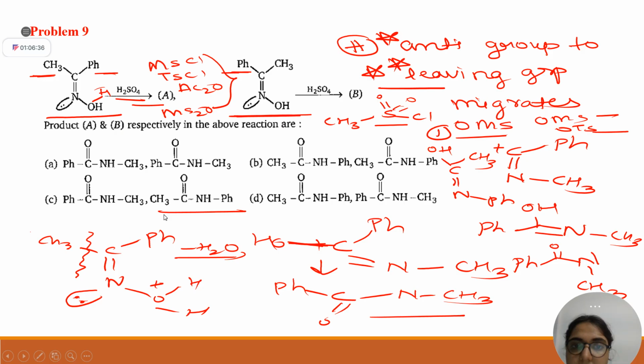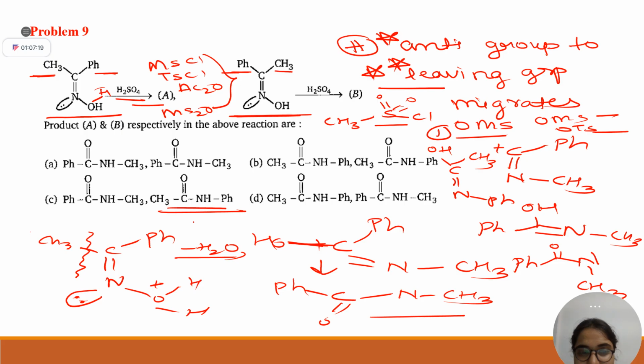Clear? Ma'am, how the product is forming and what trick is used, I'm able to understand everything. But while writing it in the options, from that CH3CO we are writing, ma'am, I'm getting confused about how we are assembling it in this linear form. We are getting it directly in linear form, na? See, CH3CO NHPh, it is there. Actually, I am not able to understand what you want to ask here. Could you please repeat?